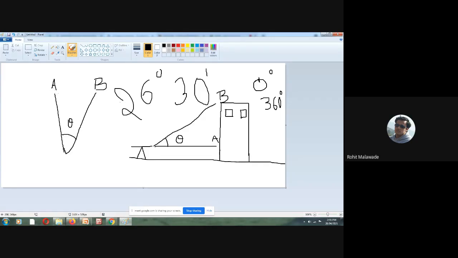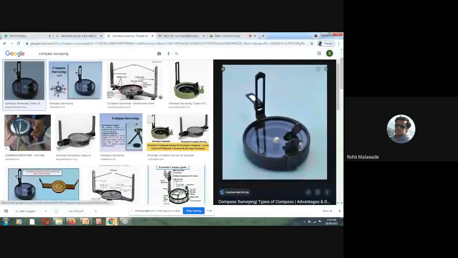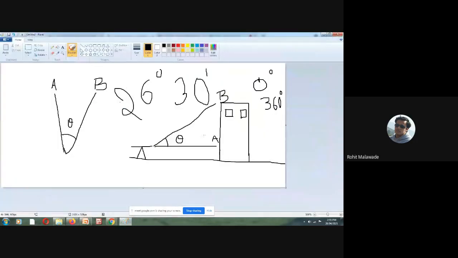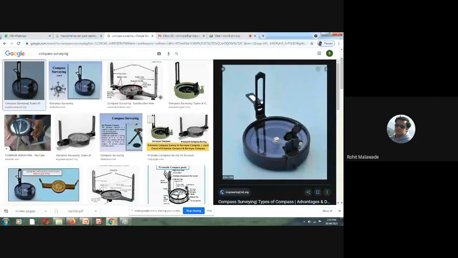Okay, so if you want to measure the angle between A and B, what we used to do was use the compass. But with this particular instrument, you cannot find out the vertical angle between the points A and B. This is your building, with the windows, whatever I have shown. This is the height of the building. Suppose now I want the angle between the points A and B. The vertical angle I cannot measure using the compass. By this instrument, I cannot measure the vertical angle between the two points.